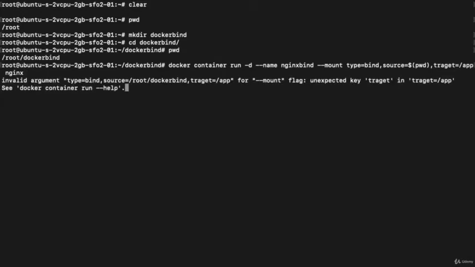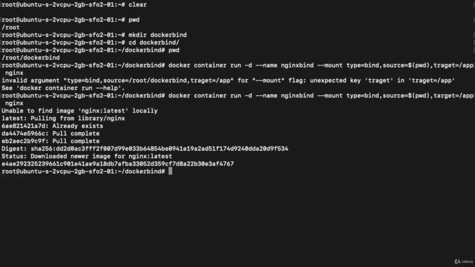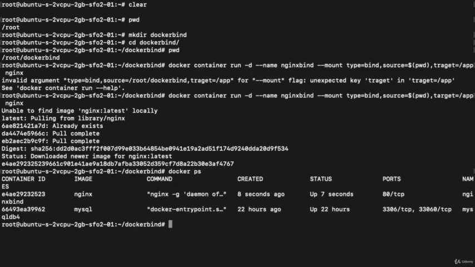Hit enter. Oh, there is a spelling mistake inside the target. This is target. So you can see it is downloading the nginx image, and the container with this particular id is being started. If I execute the command docker ps, you can see nginx is running, right? And the container name is nginx bind.